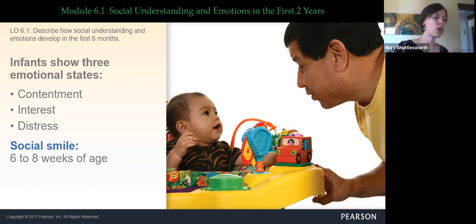So infants in general, they show 3 emotional states. So contentment, which is basically that they're happy, right? So they just had a good meal or something like that. They're happy. Interest, so this is typically when they're exposed to something new, their eyes will get really wide, right? And they'll kind of watch what's going on. And then potentially distress also. So distress, they're upset. So this could be crying, this could be them whimpering, kind of showing that degree of